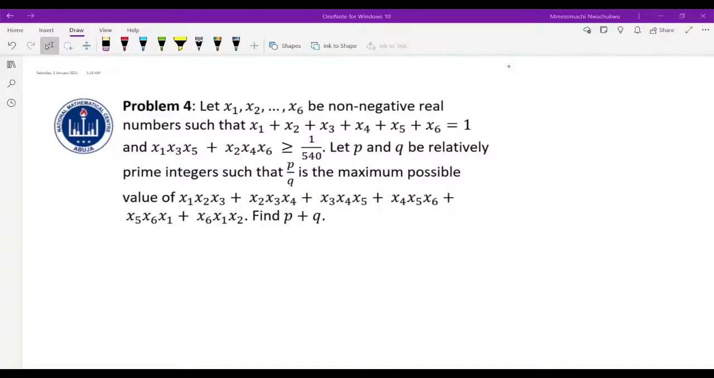Okay. So one of the important things we can take note of is that x1 plus x2 plus up to x6 is equal to 1, and since these are all non-negative real numbers, xi is greater than or equal to 0. So this implies that each of these numbers, x1 is less than or equal to 1. So a very weak bound for this